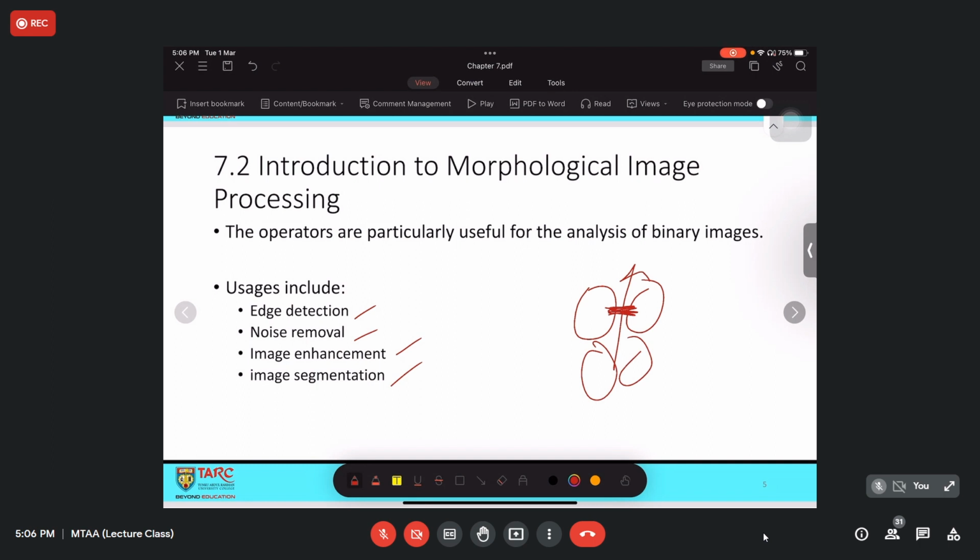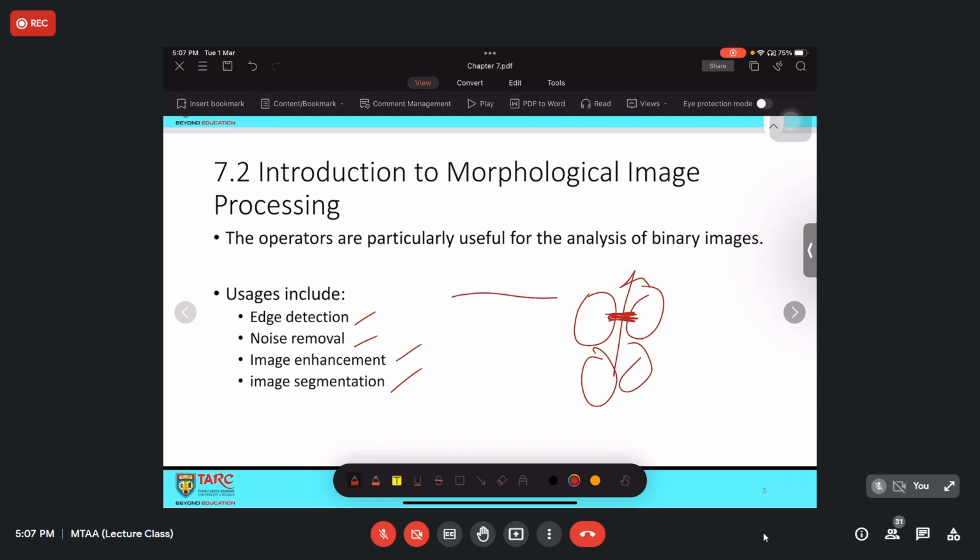And we also can perform edge detection. The way we perform edge detection here is a bit different from those we detect using Canny, Roberts, Prewitt, and also Sobel, because we are still able to identify the edge of the object, but the approach is different. It is not looking at the intensity change, finding the first derivatives and then the crossing to get the center point. No, not something like that, but instead it's something much simpler.